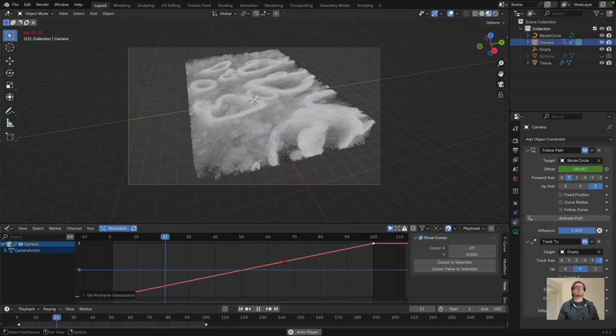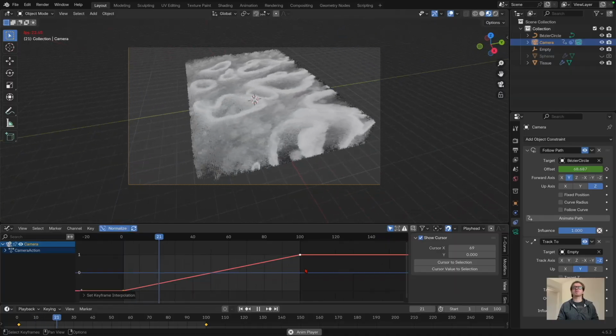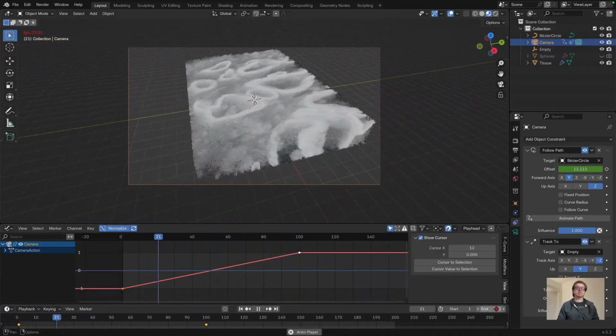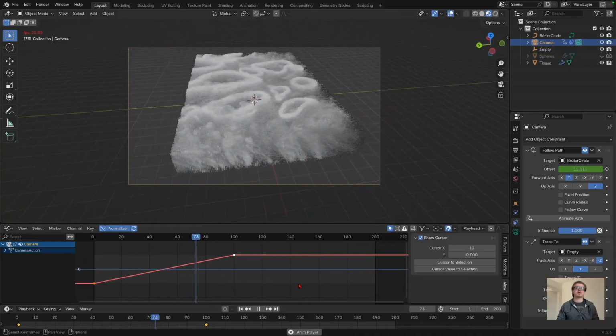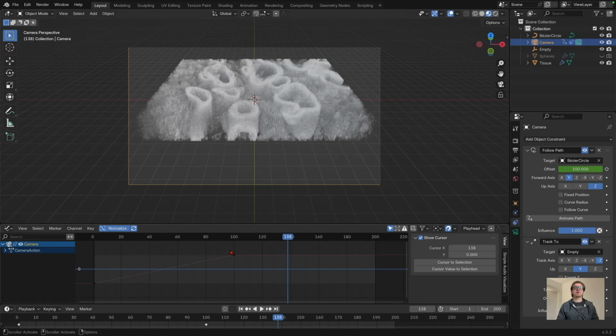So this might be a bit better. So now all you can do is make the animation longer. So this will actually easily work. And then if we select this point,